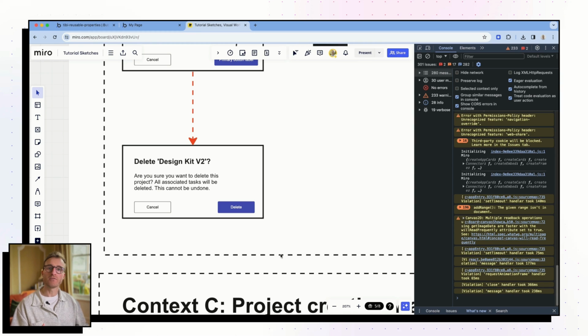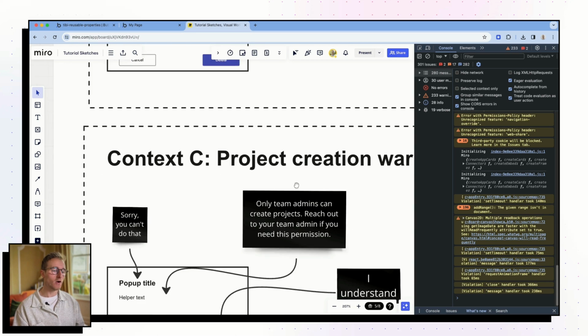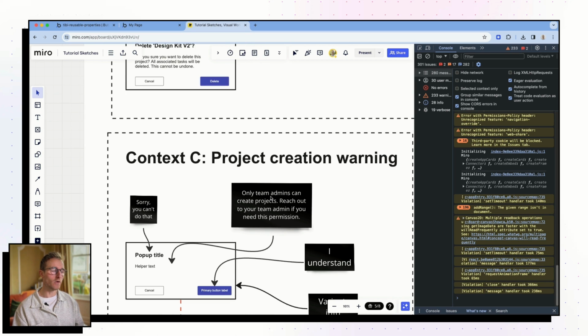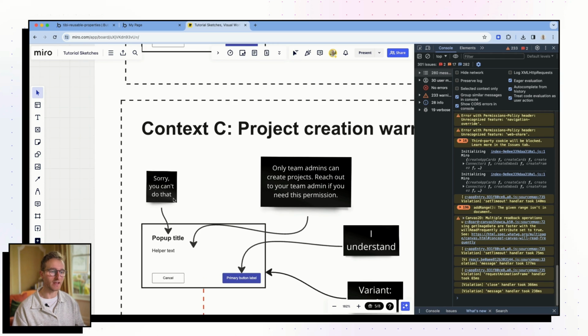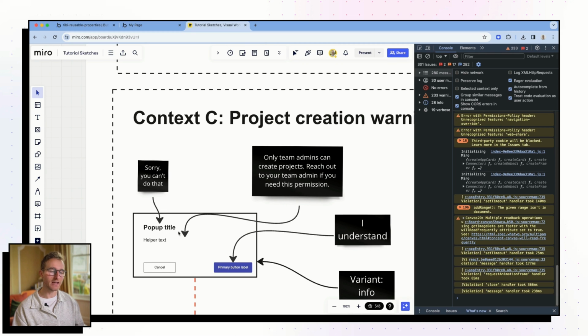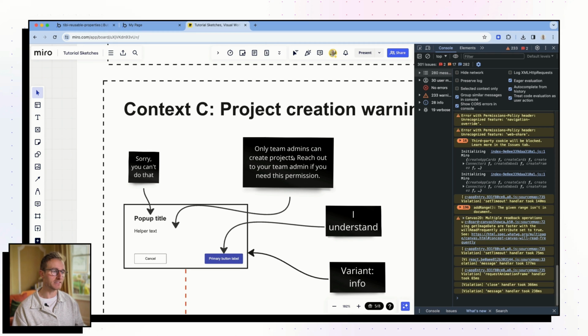We can use it for anytime that we need to show a message to the user within a pop-up where that message fits within certain constraints. We could repurpose this for actually giving a warning when a user tries to create a project and let's say that they're not authorized, they don't have the right permissions, right? So we could feed different values here and say, hey, you can't do that as the pop-up text, some different helper text, that's all fine.